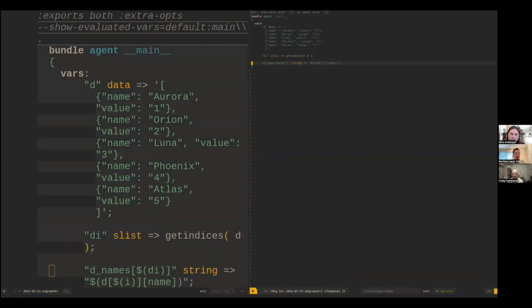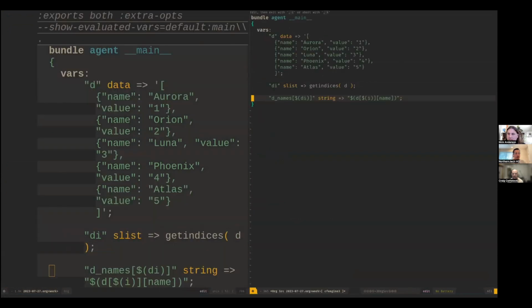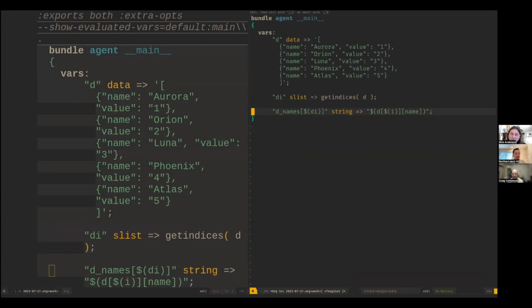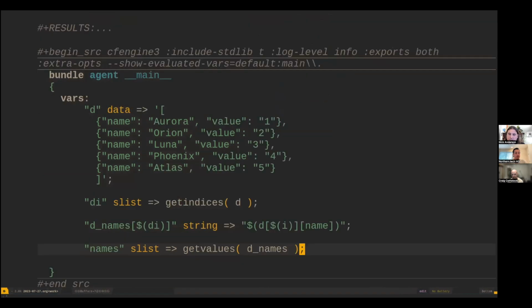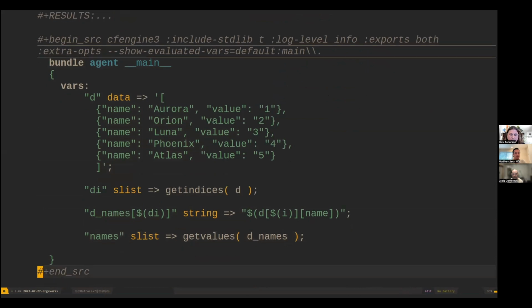Oh, I wanted a list. Right, so that'll give me a new data structure. But then if I want to get that into a list, then we'll do names, slist, get values from the names. So if I run this one,